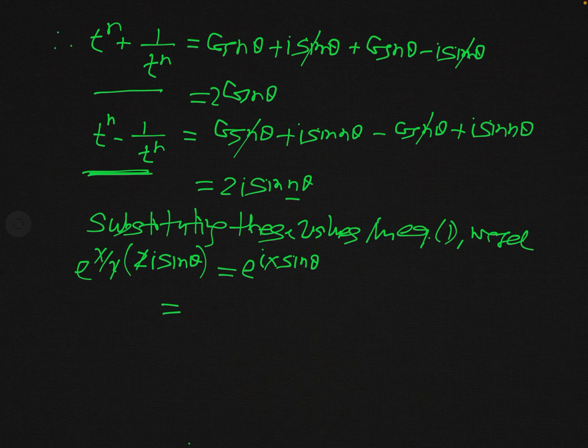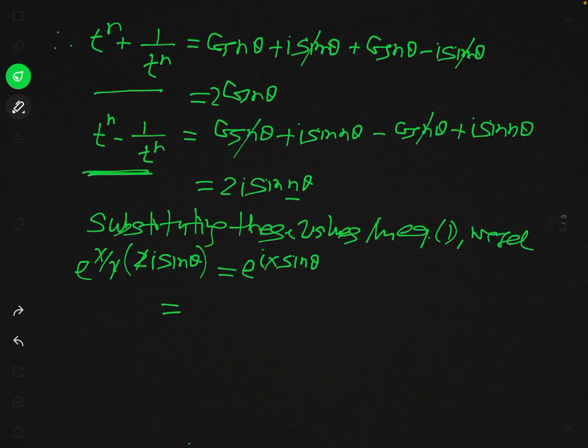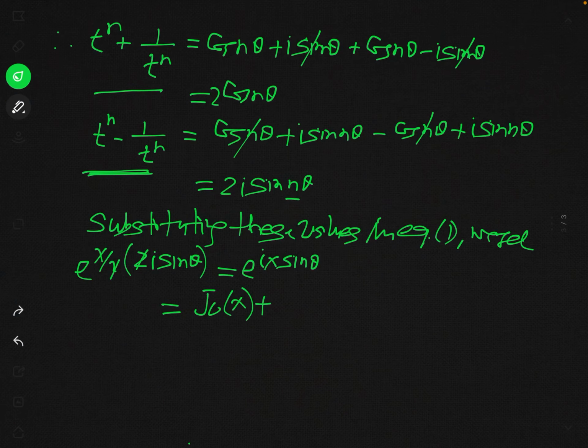And now use these results in the RHS of equation 1. So here you can see there is J naught of x, so we will write simply J naught of x, and plus the second term is t minus 1 over t J1 of x. Again we will put the value of t minus 1 over t from here, taking n equal to 1, and you can see easily that this will be 2i